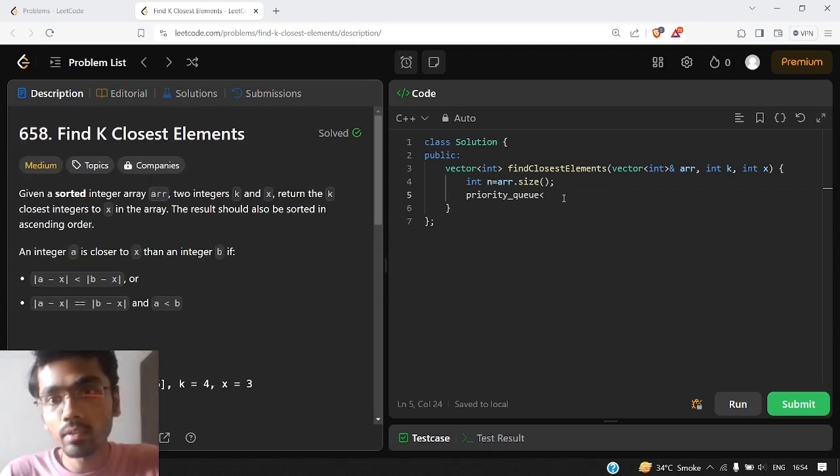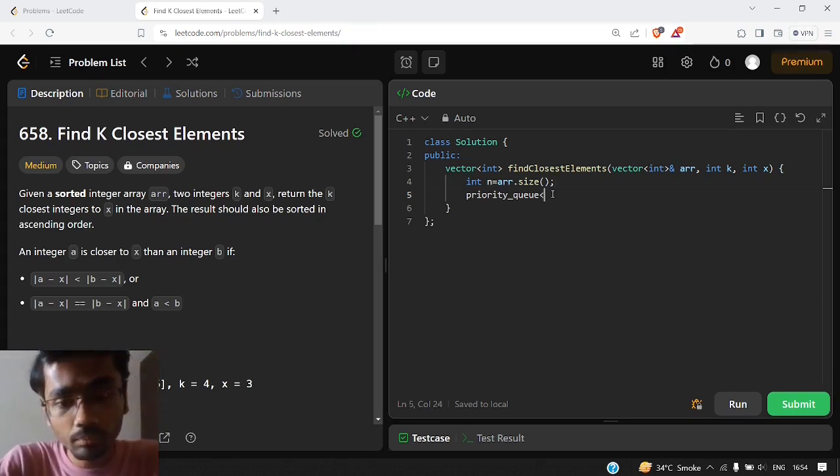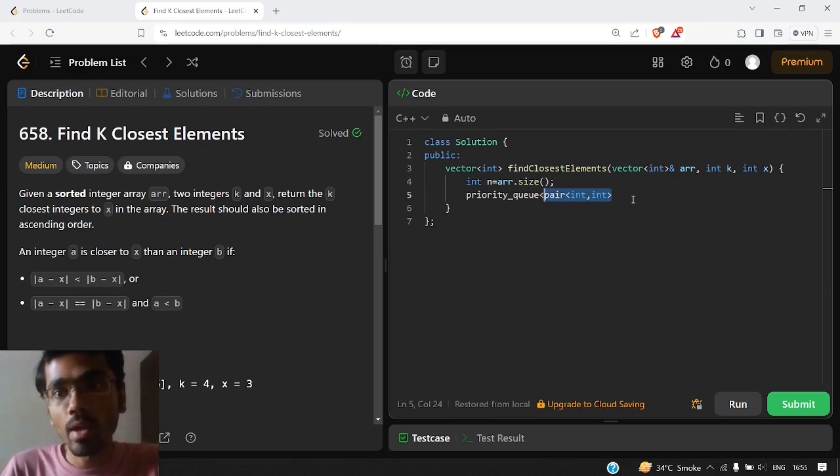So we will just declare the priority queue. We have declared the n as the size of array. So let us declare the priority queue or min heap. We need two numbers in our priority queue, that's why we are taking pair of int comma int.